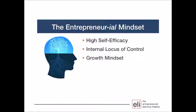We tend to see a growth mindset, and this is a phrase coined by the famous psychologist at Stanford, Carol Dweck. People have either a fixed or a growth mindset. A fixed mindset is a deeply held, largely unconscious assumption that my talent or abilities are fixed. And so people with a fixed mindset are more likely to just try to show off whatever skills